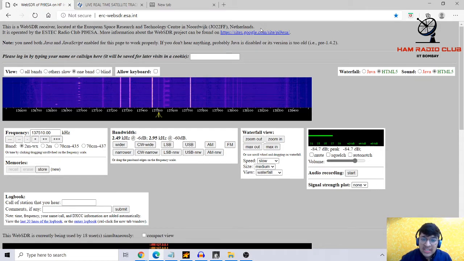So हम Netherlands में बैठ के Netherlands के ऊपर जो satellite जा रहा है, we are tracking that. So it is so interesting. Now this box you see is a waterfall, and this pictographically shows the spectral analysis of the signal. The warm colors you see, the pink color, show that a signal is being received, and the blue and the dark colors are basically noise.